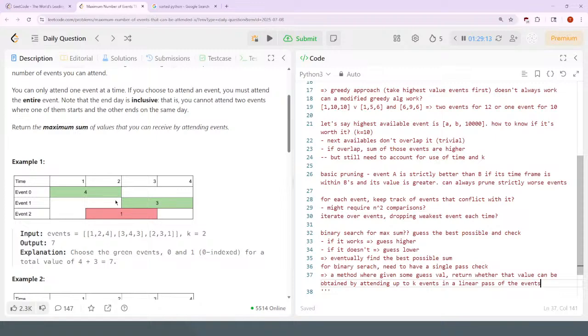So in general, you go through all your events in one go in like one for loop, and somehow you can check if 5,000 was something that you can obtain within k events in that pass. You can't do it slower than that, or much slower than that. So how to do that though? So if I have k equals 2, and if I can do it in one pass,